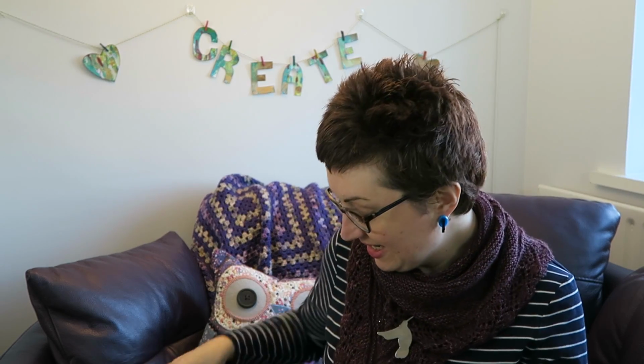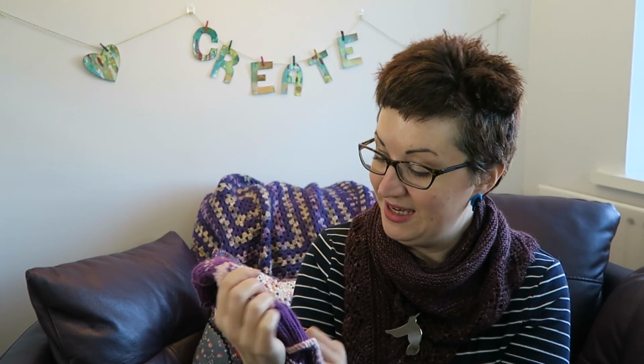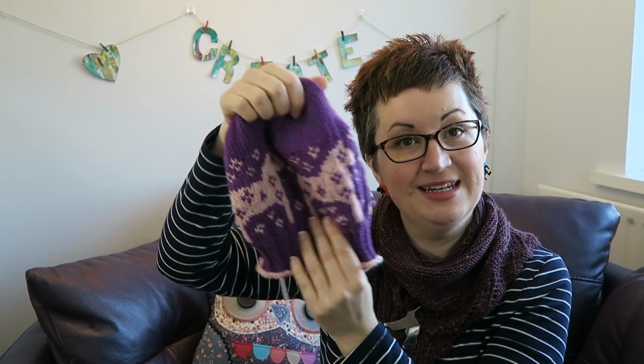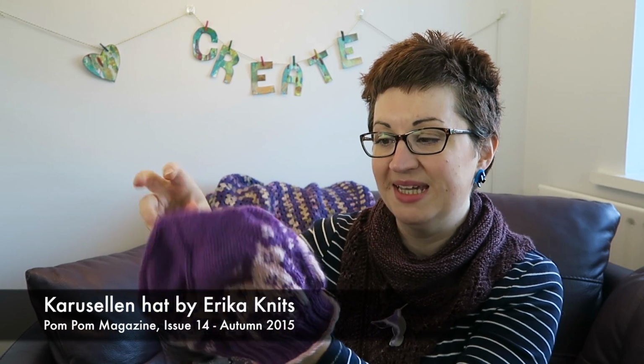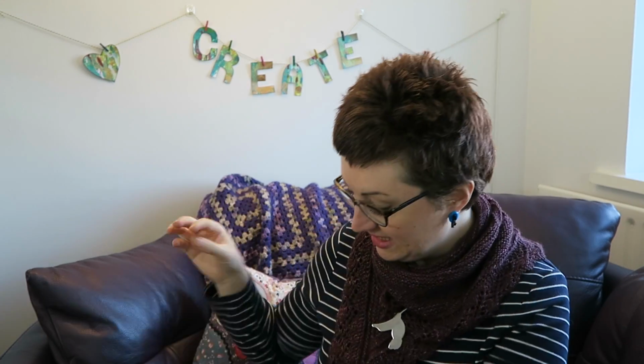On to this week's knitting projects. I think last week I probably told you that I'd started working on a colourwork hat, which I absolutely love. I've just finished it. So that's the Karusellen from Pom Pom magazine, and I made it with